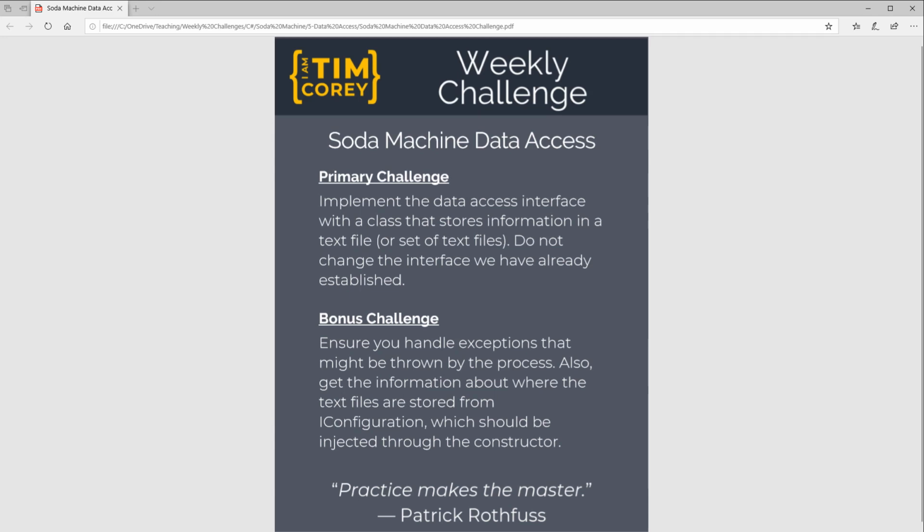That's the primary challenge. Now, the bonus challenge is to make your data access a little bit more robust and a little bit better. So ensure you're handling the exceptions that might get thrown by this process. So if you're converting from your text file data to